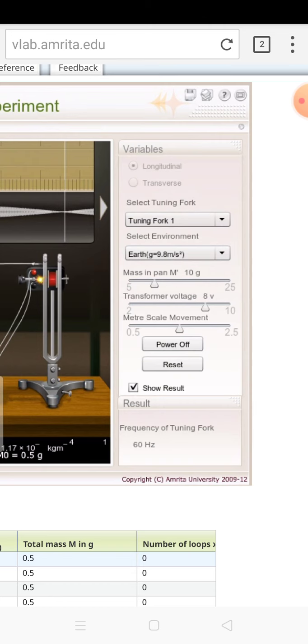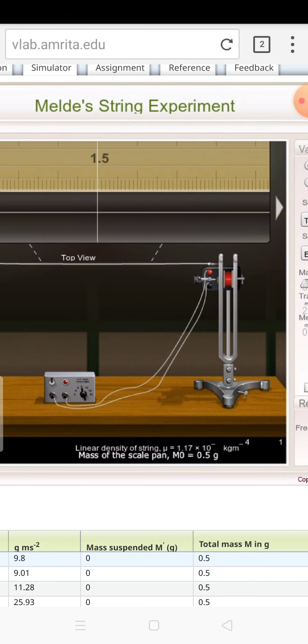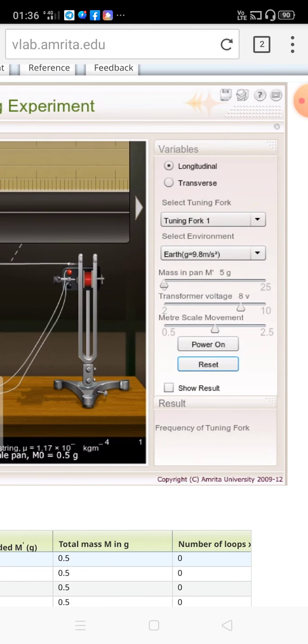Next I am showing reset. So what will happen? All of the system goes back to the previous condition and there is no wave. But everything is alright. You must know I have a different number of tuning forks. I can try for different tuning forks, but for examination purposes it is suggested to use only one tuning fork. But you will have to perform it in both longitudinal as well as transverse positions of the tuning fork.